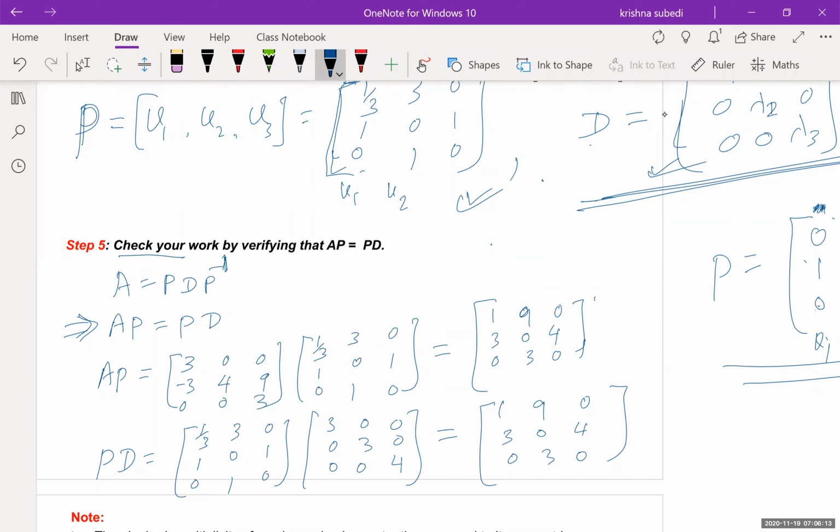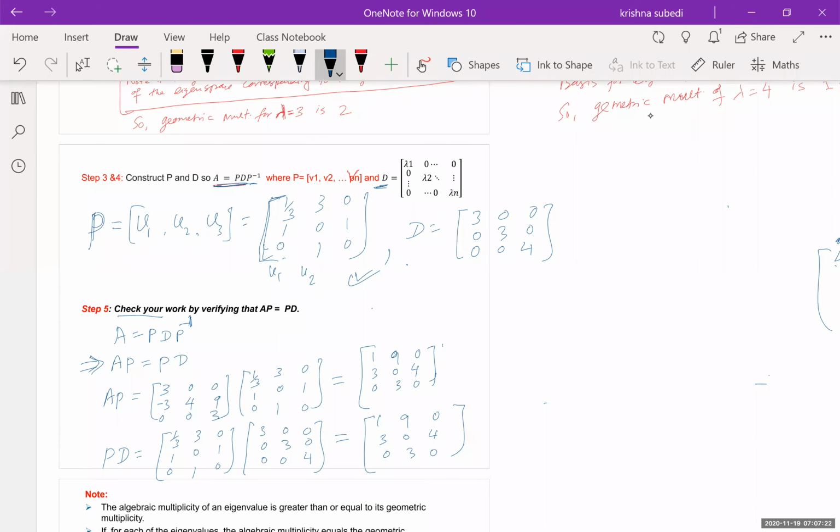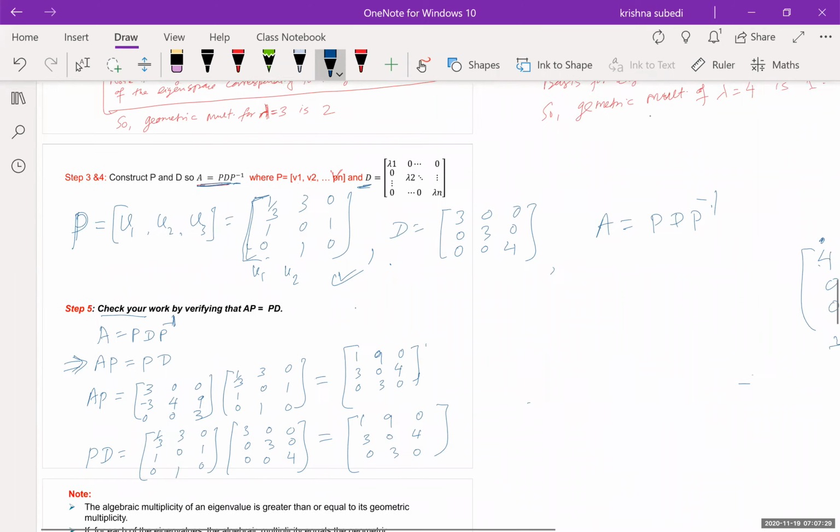Okay, so when we multiply A and P, these two matrices, then we get 1, 9, 0, 3, 0, 4, 0, 3, 0. And here also PD is 1, 9, 0, 3, 0, 4, 0, 3, 0. Okay, so that means our answer is correct. All right. What it means is A equals PDP inverse. So that means A can be written as